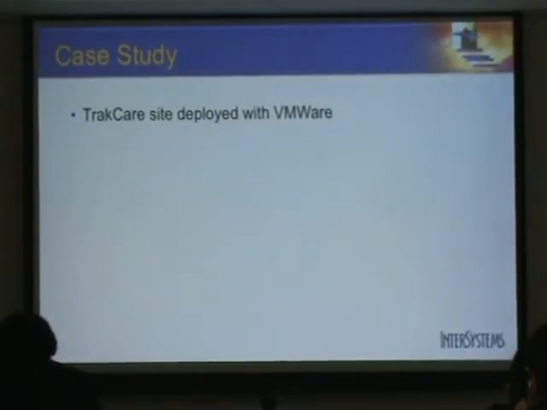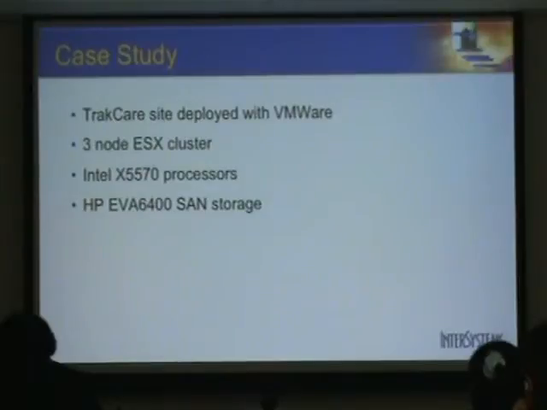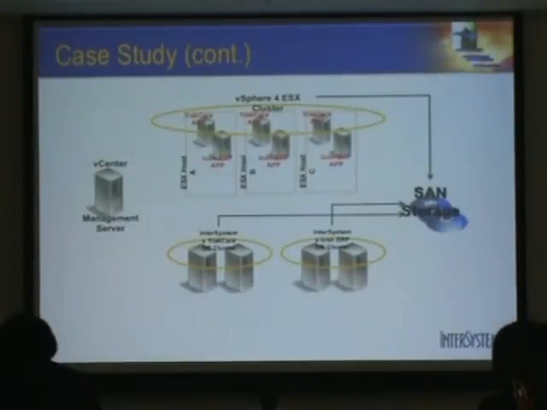Okay, so I'm going to talk a little bit about this case study. The track care site that was deployed with VMware, the 3-node ESX cluster using the latest Intel processors, we said is important for performance, and it has an HP SAN. It's using ESX4, which is the minimum version for good performance. And this diagram basically just shows that